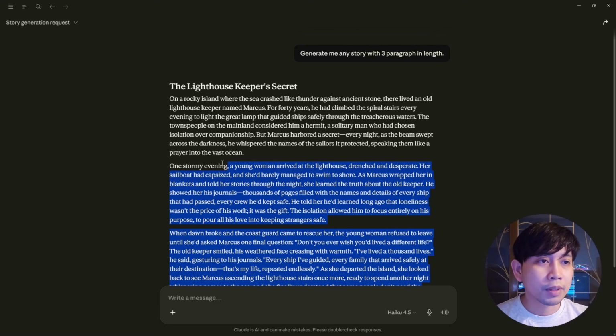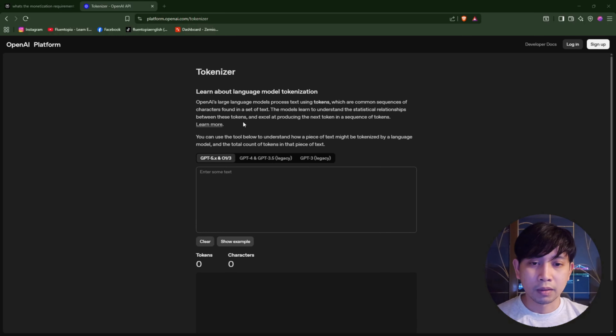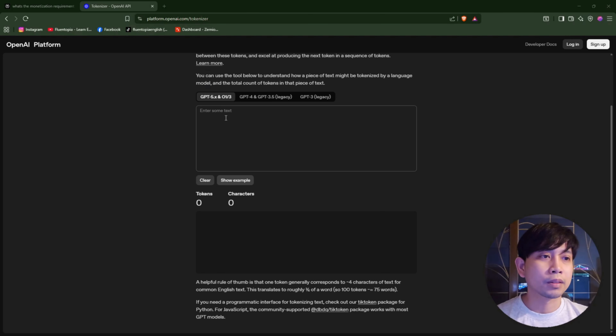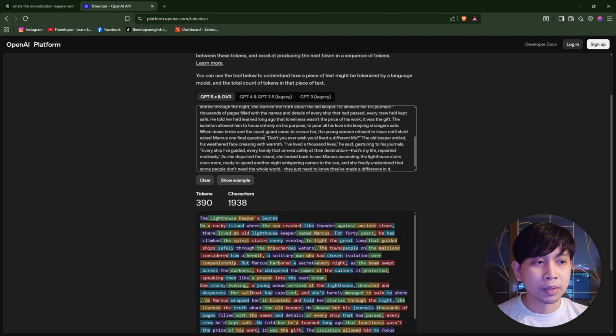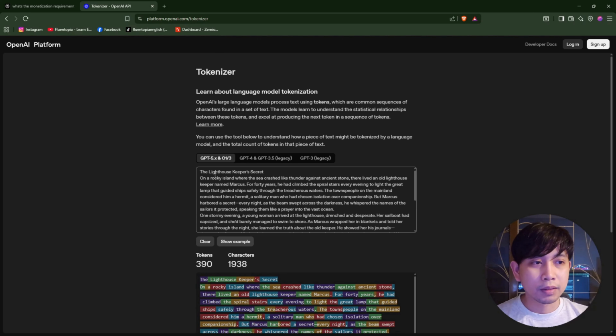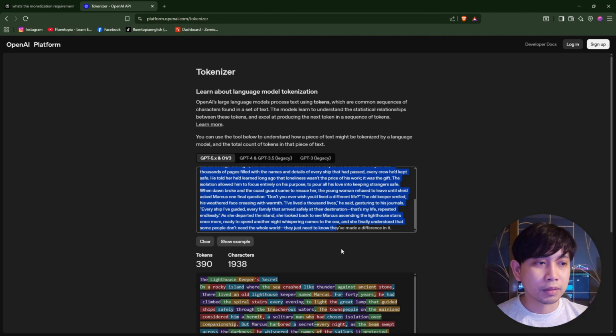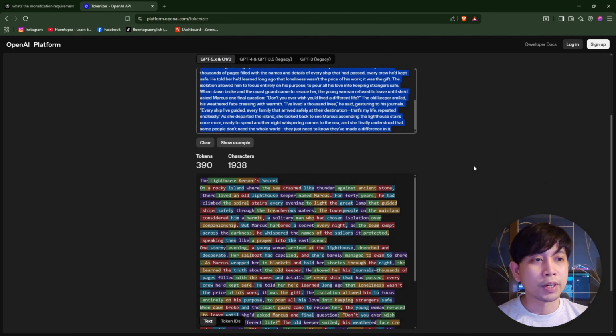I'll capture these things and then go to tokenizer. So from tokenizer, I'll paste the generated story.